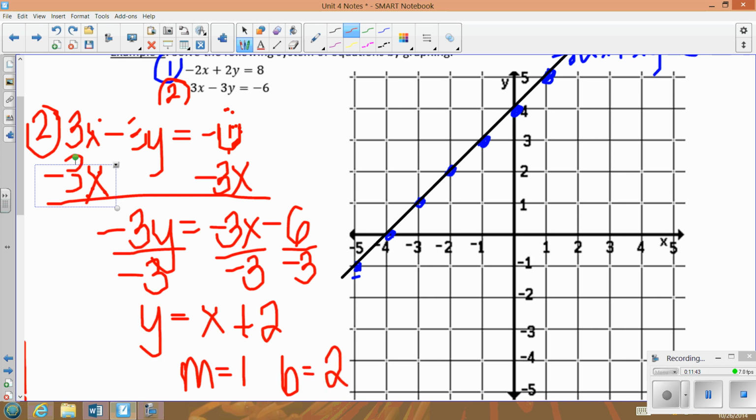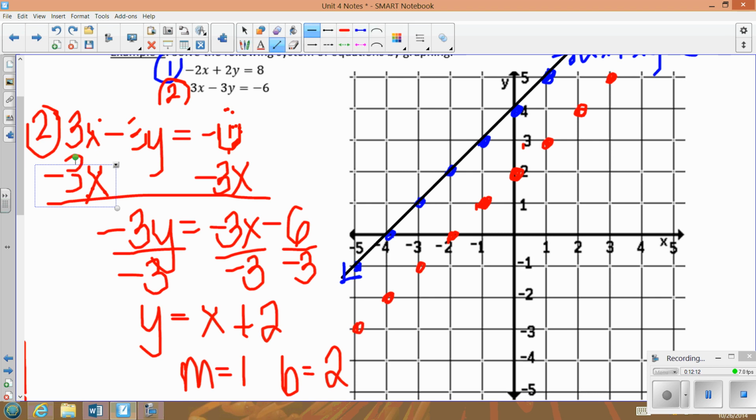Now you might be thinking, if you remember the last one, my slope was also 1, I just had a different y-intercept. So that should kind of stand out to you, as this is going to be a case where we have parallel lines. So my y-intercept's at 2, and I'm going to go up 1, right 1, up 1, right 1 for my slope. And you can see that these lines have the same slope, so they are parallel,